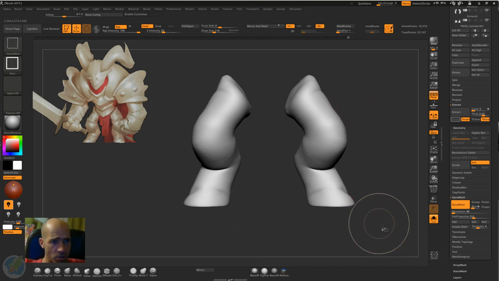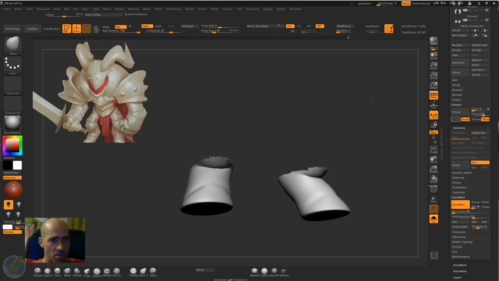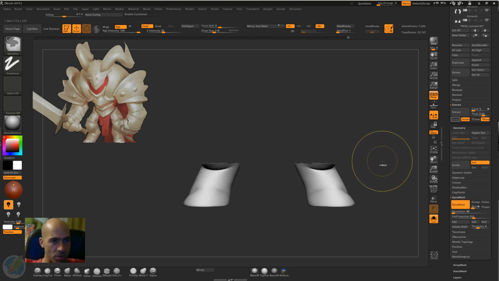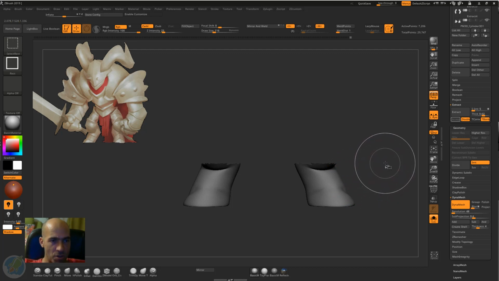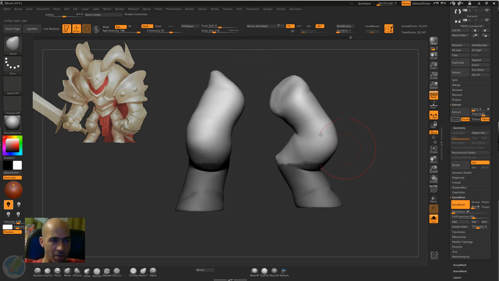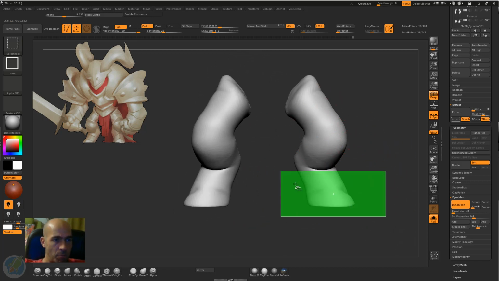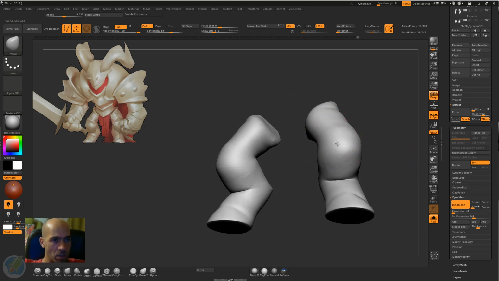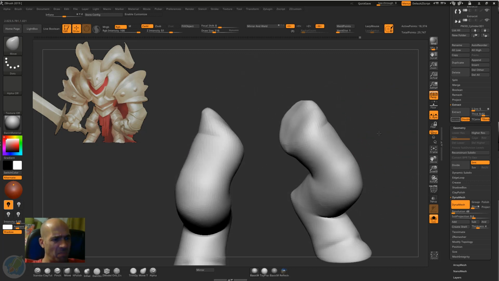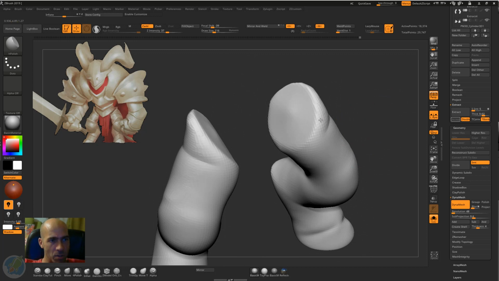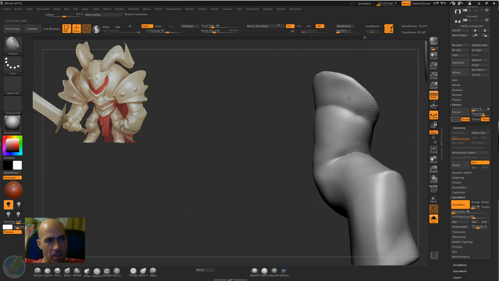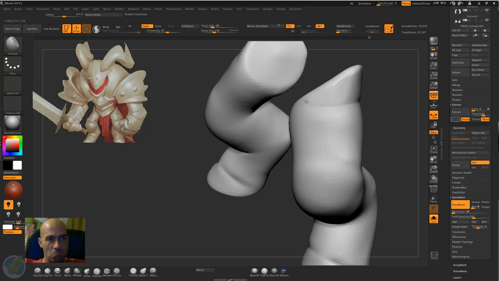For example, if we control shift drag and just hide most of the leg, and then control click to mask everything, we will not be masking the hidden part. So when we control shift click to show everything, we'll see that we have masked only this part. This is used sometimes, a combination of polygrouping, hiding, and showing, to mask certain areas if you want. But yeah, it's a little bit more intermediate usage, although I think I've shown you very well how to